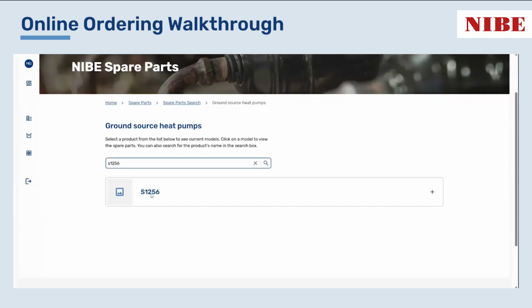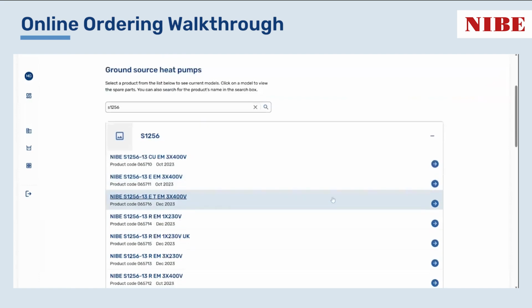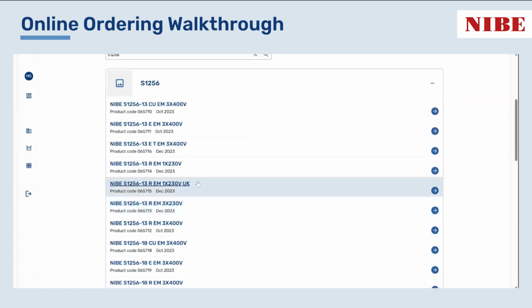let's find the 1256. I want a spare part for this. You find the UK variant. You need to ensure that the product that you're finding matches the product code that is on the price list, because the spare parts search shows all of the variants across all of the European markets. So you just need to ensure that you're on the UK product, so you can cross-reference that with the price list. A lot of them do say UK after,